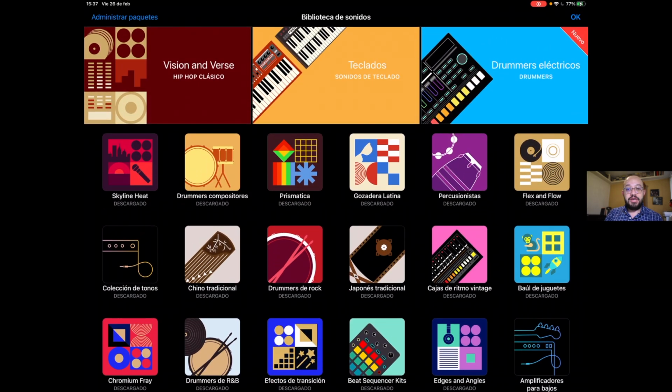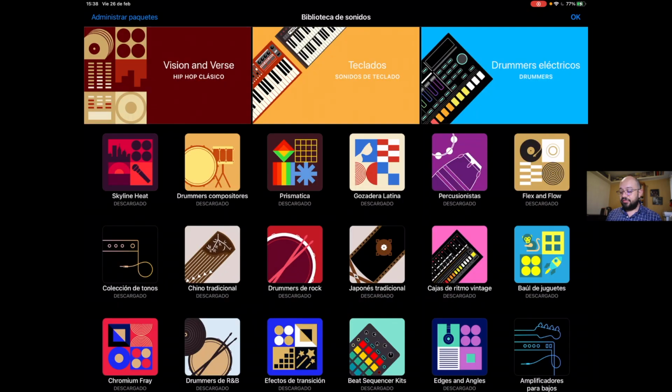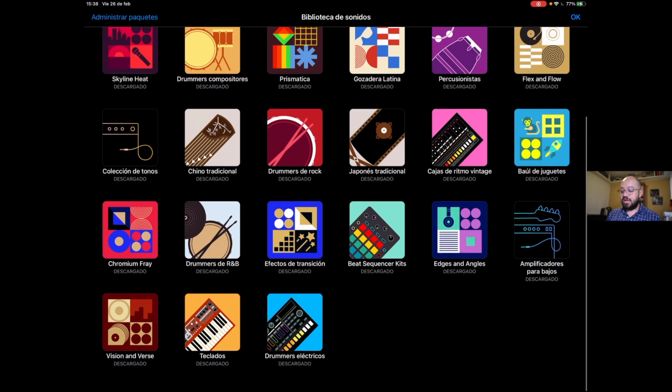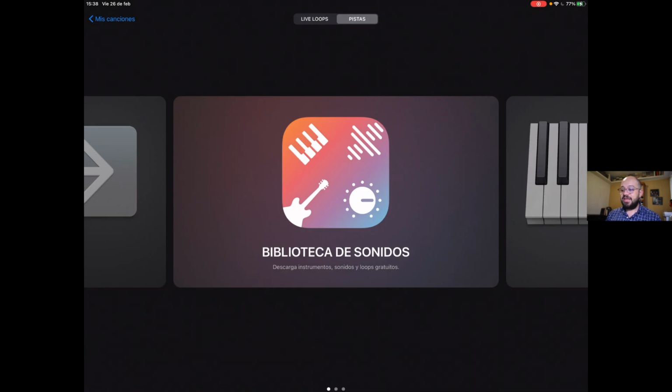offer for free. If you haven't downloaded all or any of these sounds, you will find a red triangle on the upper right corner of every icon which says New. Tap on it and obtain it. Again, it is for free. Once you have downloaded all of the new GarageBand sounds, tap on OK, and it will take you back